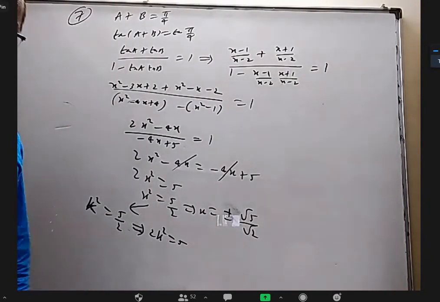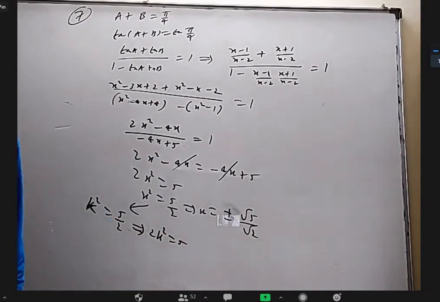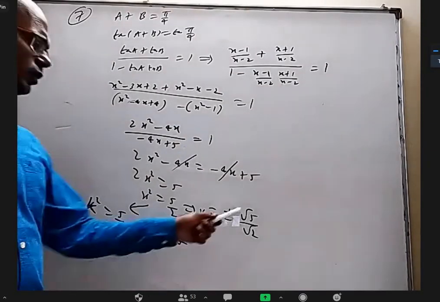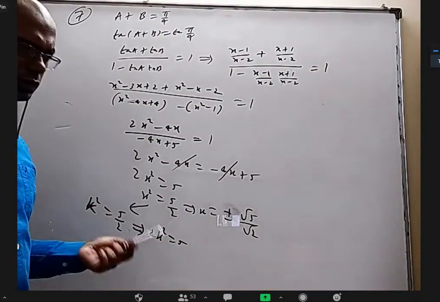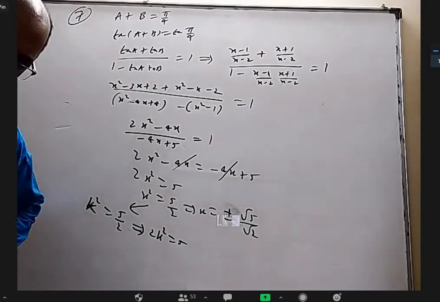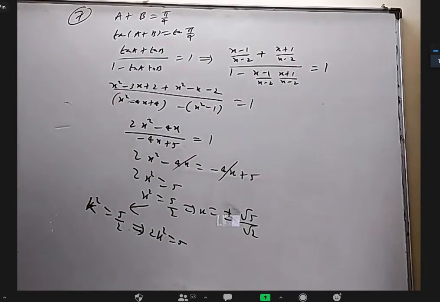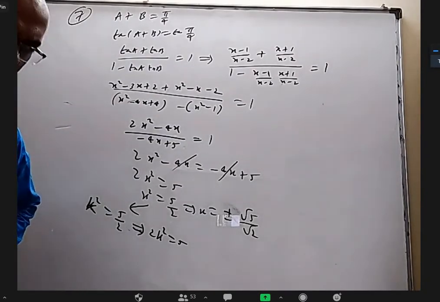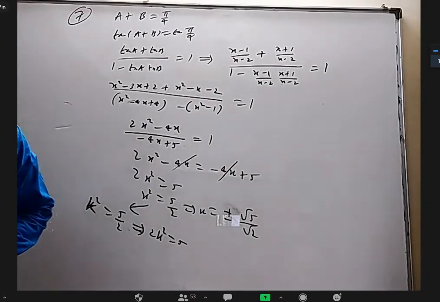I want to check that. The question can be given in such a way that if you take this one it matters, and if you take the other one it matters. Anyway, root 5 by 2 is root 2.5, something like 1.2 or something. If I substitute that, the first tan inverse will be negative. Second tan inverse also will be negative. In fact, plus root 5 by 2 is not okay. Minus root 5 by 2, if I substitute, the first one will be positive, the second one will be positive. Then there's a good chance. So it looks like minus of root 5 by root 2 is correct and plus of root 5 by root 2 is not correct.